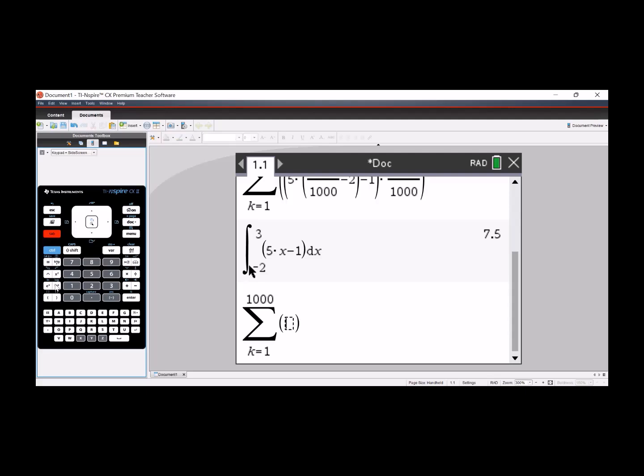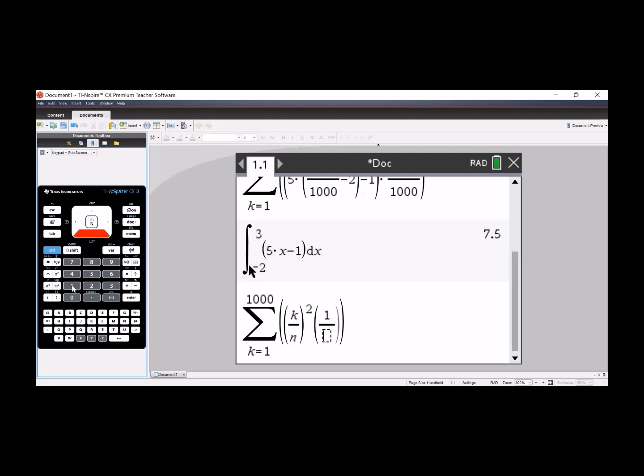And our rule was open parentheses. We need a fraction. We have k on top, n on the bottom. Arrow out of the fraction, close it, square it, times, open a fraction, and our delta x was 1 over,